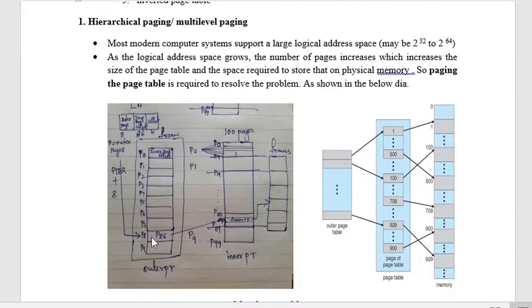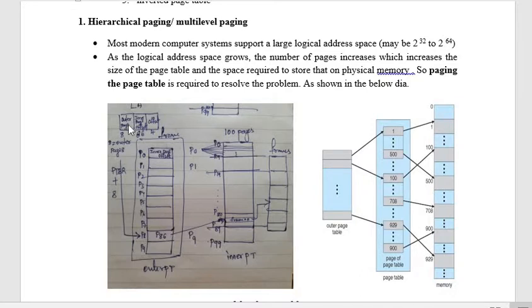So when you access the content of that outer page number, it gives you an index of the internal page table. The index for the internal page means the page within the inner page table. You can directly go to that particular page, get the frame number, and check what is the content of that frame number on the physical memory. So that is how we deal with it.